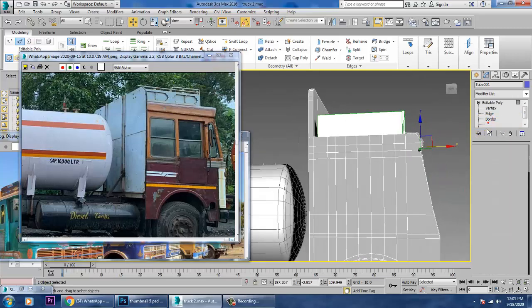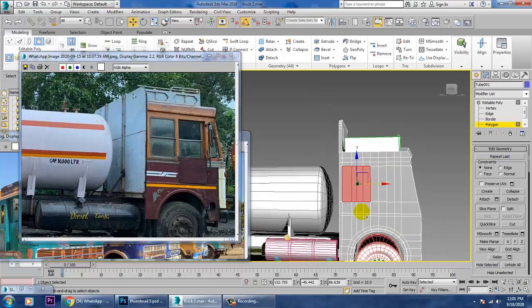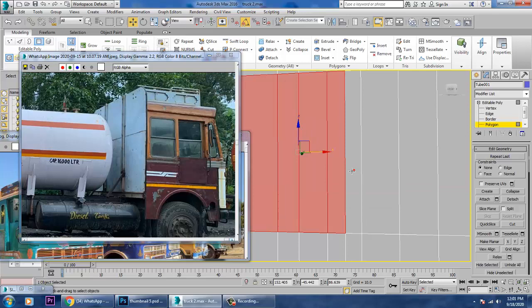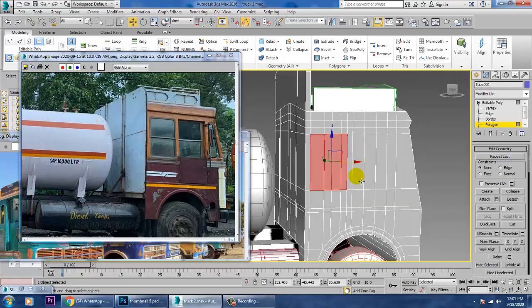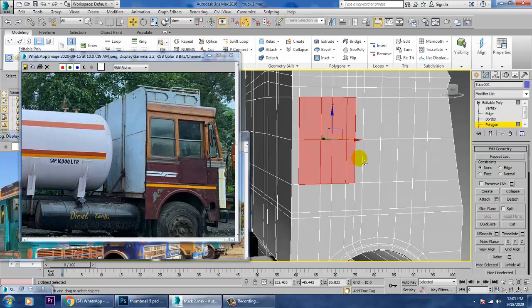Go into the polygon over here, select this over here, so we can put one Swift loop over here, exclude this part, and we'll put one Swift loop over here in the center of it.